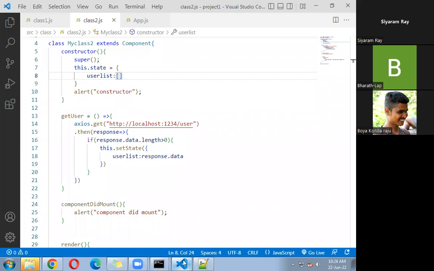So what we want now on page load, we have written a function here, get user. We want to call this function here. It's like the useEffect. Remember useEffect? The same useEffect is here. Component did mount will execute after